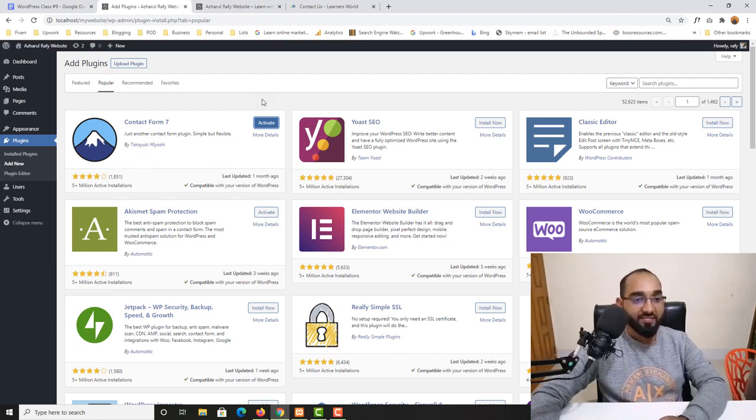We have to activate this plugin so that it will be accessible and activated on our WordPress website, so that you will be able to use its functionalities. Just take a look in the left sidebar. We'll have an option added somewhere in this field whenever we activate this plugin, so that you'll be able to access it pretty easily from here. So let me click on this activate button,